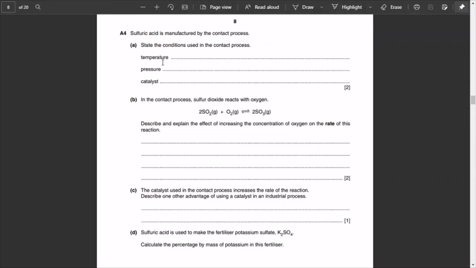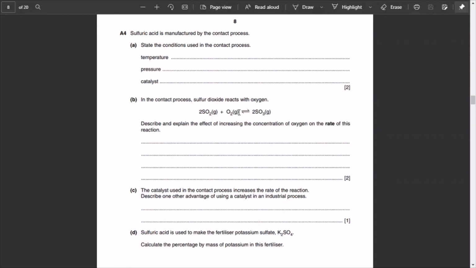Alright, moving on to part B. In the contact process, sulfur dioxide reacts with oxygen. This is sulfur dioxide and it is reacting with oxygen, and this forms sulfur trioxide. Describe and explain the effect of increasing the concentration of oxygen on the rate of this reaction. If we increase